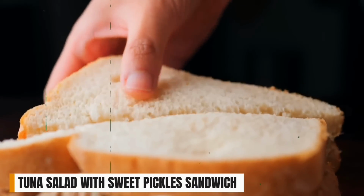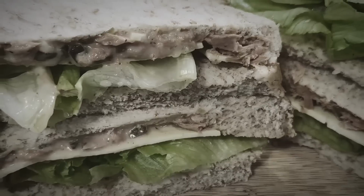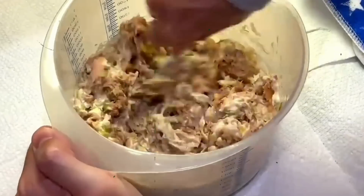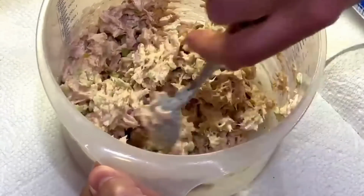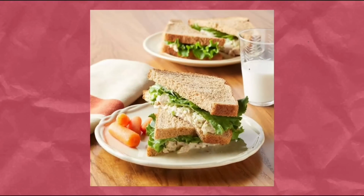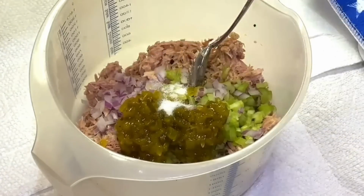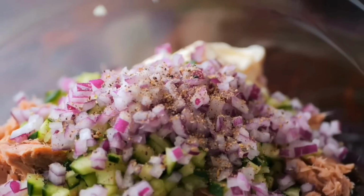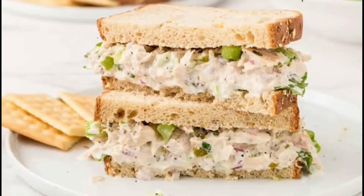Tuna salad with sweet pickles sandwich. Opening a lunchbox to find a tuna sandwich was a sensory experience. The distinctive aroma announced its presence immediately. Canned tuna mixed with mayonnaise created the base, but it was the addition of finely chopped sweet pickles that elevated this sandwich to memorable status. The contrast between the savory fish and the sweet, crunchy pickle bits created a complexity that belied the sandwich's simple